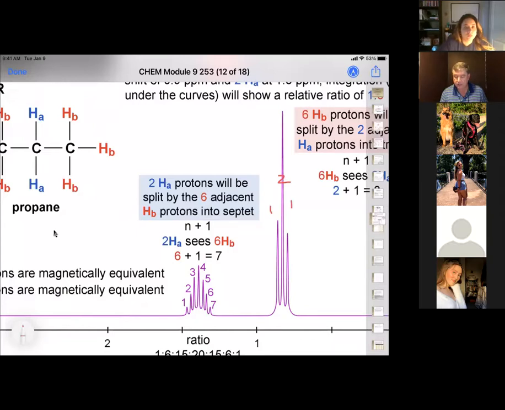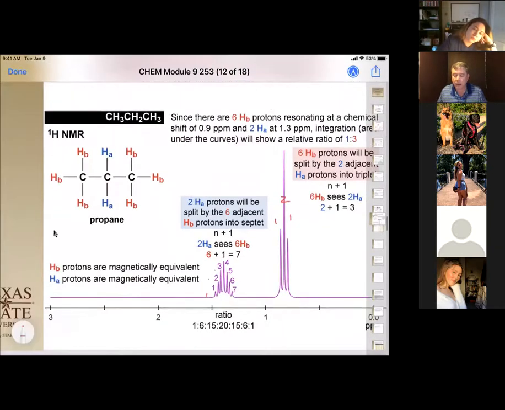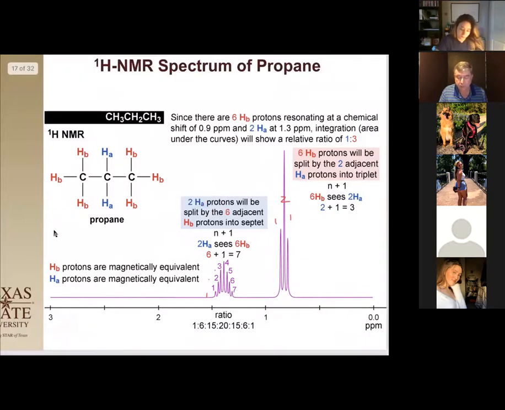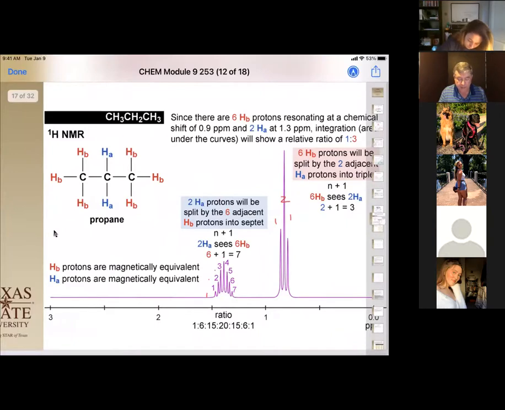And in theory, this is 1, 3, 6, 64, etc., as shown on the other chart. But let's talk about why we get that splitting a little bit first. Okay. So if we look at propane here, and we think about how many types of hydrogens we have, these